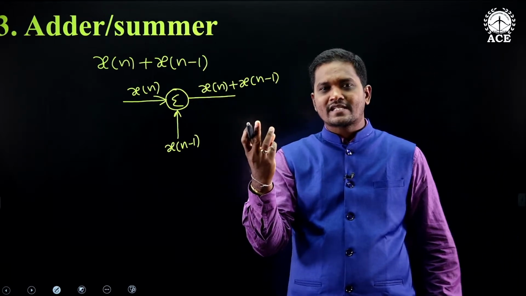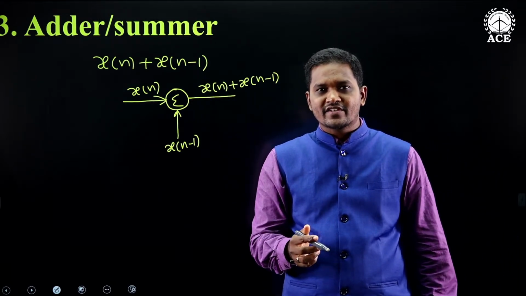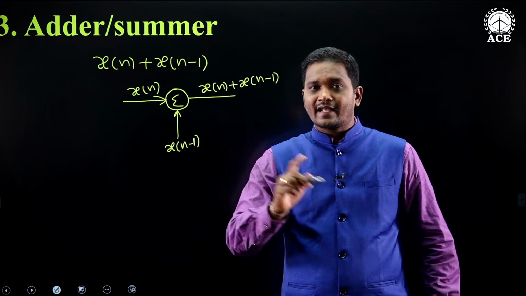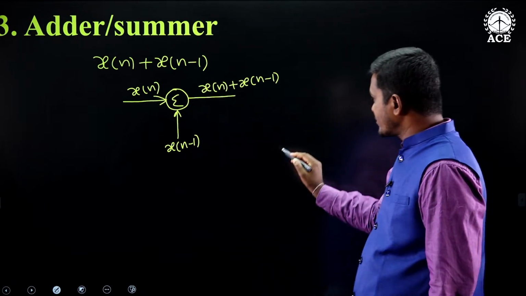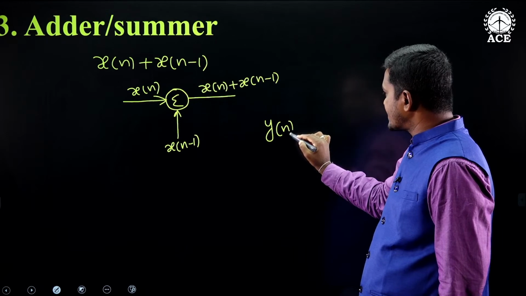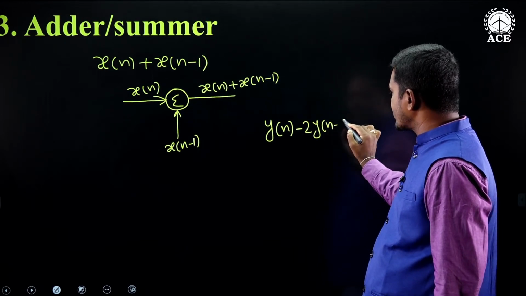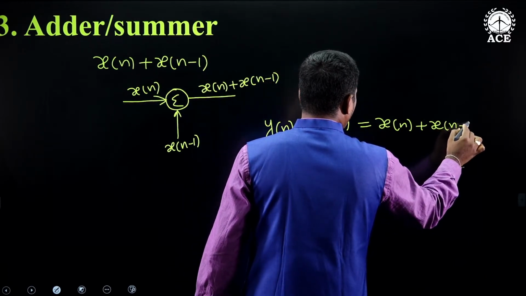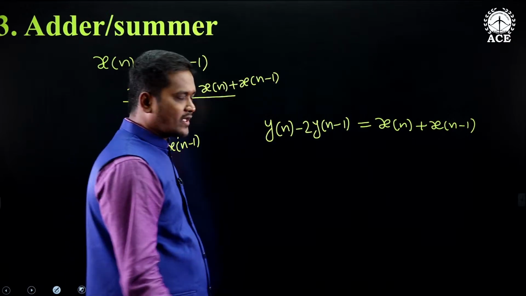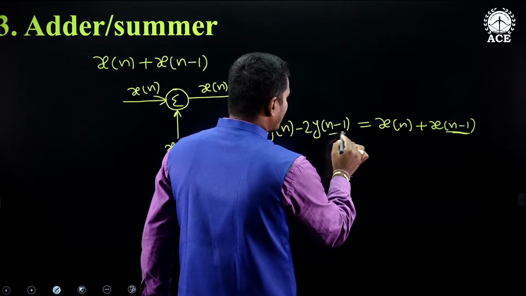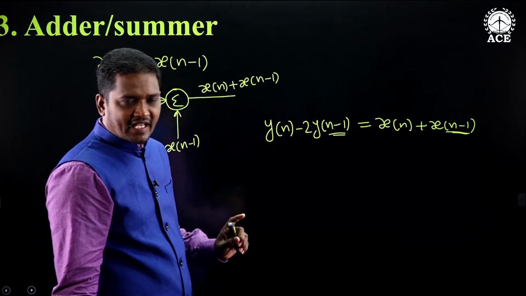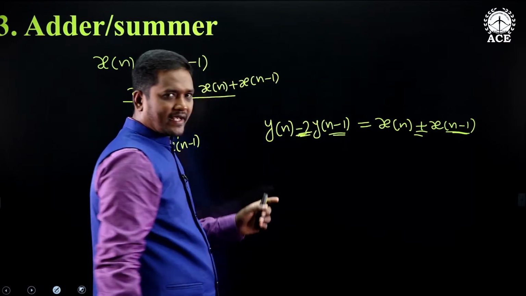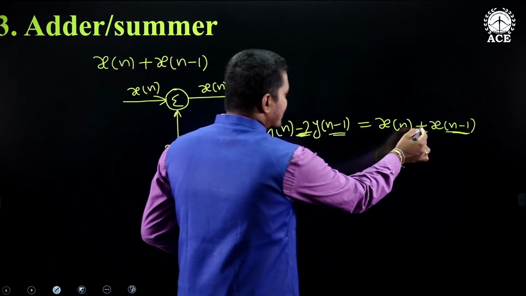So finally, how many elements are required to realize a difference equation or transfer function? Delay element, adder, and multiplier. Why? Let us take one example of difference equation. Y of n equals minus 2 y of n minus 1 plus x of n plus x of n minus 1. Tell me, what are the different things appearing in this expression? Delay, n minus 1, like this delay is there. For that, we need a delay element, and plus and minus are there. Plus 1, minus 2 are there. Multiplication factors are there, and the plus symbol is there. For this,